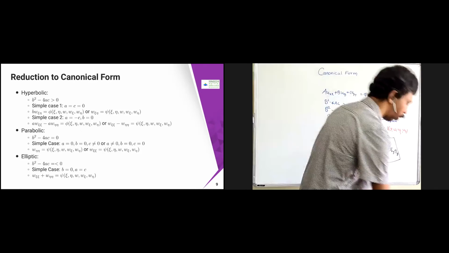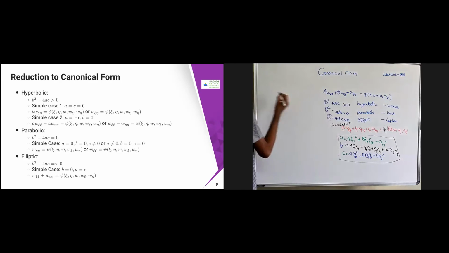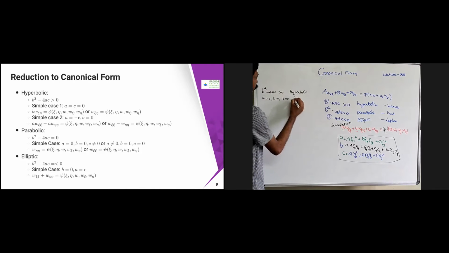Case number 1, suppose b square minus 4ac is greater than 0, which is going to be hyperbolic. So what are the possible simple cases we are going to see? Suppose a and c are 0, a equal to 0 and c equal to 0, and b is not equal to 0. Then automatically b square is greater than 0 because b square is a positive number. That is case number 1. Case number 2, I can put b equal to 0, and then I can keep...